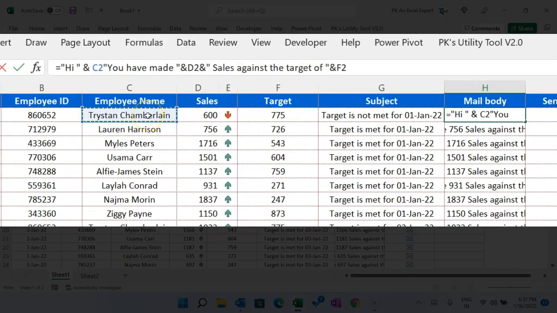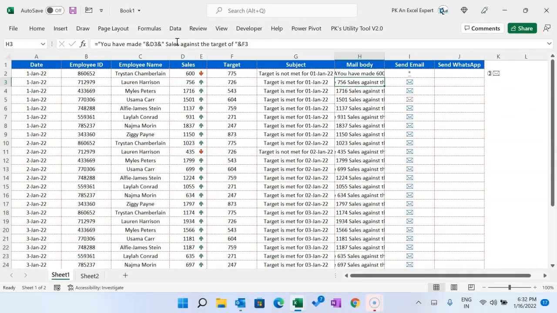So I'll use this employee name, and now we have to add two new lines. To add the new line, what we can do, we will use here %0A for one new line. But if we want to add two new lines, we will use %0A again. Friends, we will not use the character 10 because to add the new line in a mail body, we will use %0A. Let me show you.